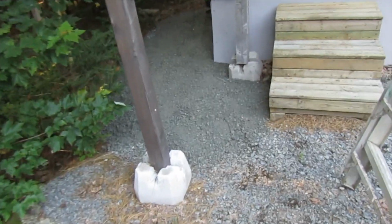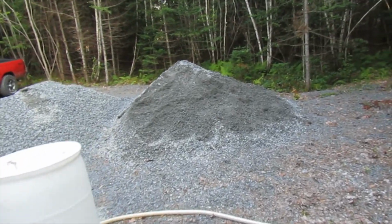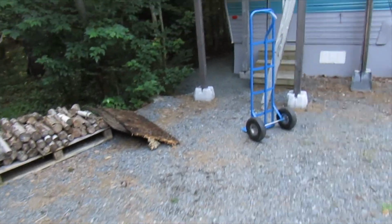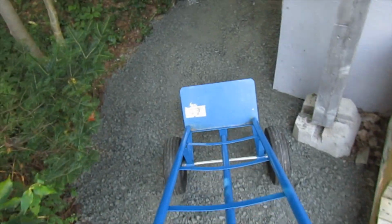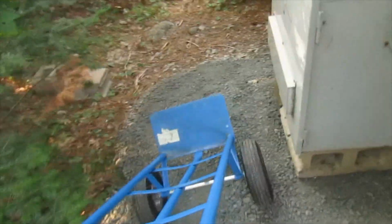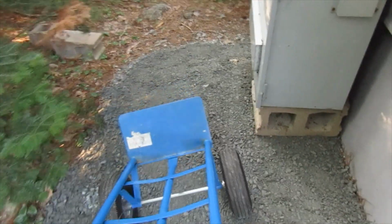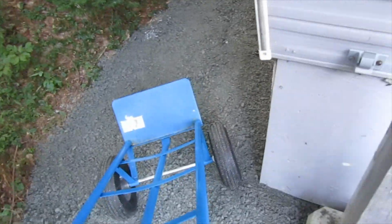Okay, I did it the long way, I did it the hard way, but I did it and it's done. I don't know how many shovelfuls of gravel I moved over there, but it was a lot, and the blisters on my hands would tell you that as well. That's good, it's all even in here now, so it's going to be easier for me to move my dolly in with the batteries anytime I need to take them out of here. I think I am going to straighten this up just a little more, make it a little more level, but